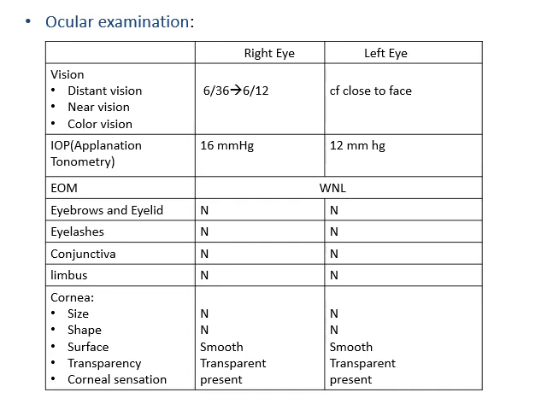So the pathologies which you can come across in the conjunctiva are conjunctivitis, where there will be follicles and papillae, and chalazion, which most commonly occurs in the upper lid. The infection setting in a chalazion is known as the internal hordeolum. So for our patient, the conjunctiva was normal. Coming on to limbus, for our patient, the limbus was normal in both the sides.